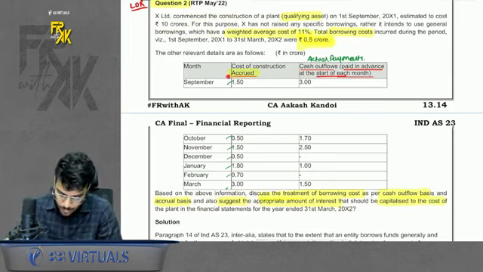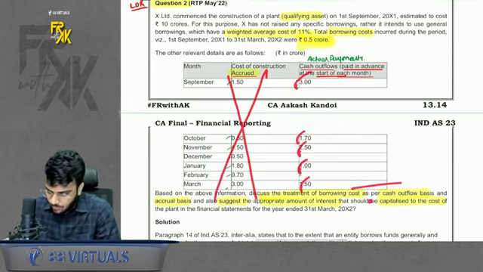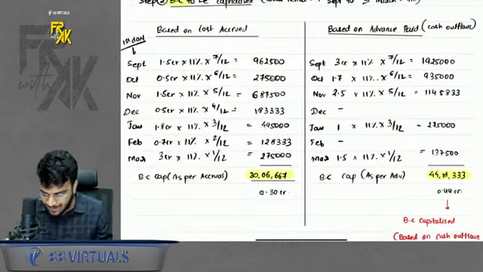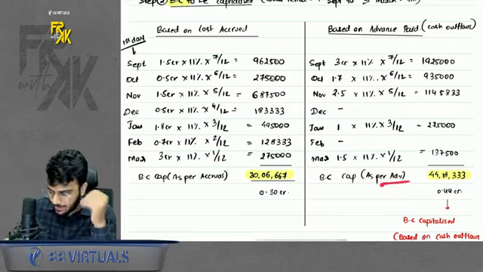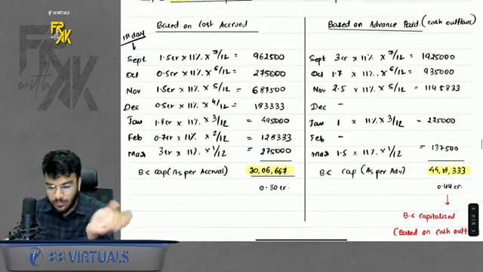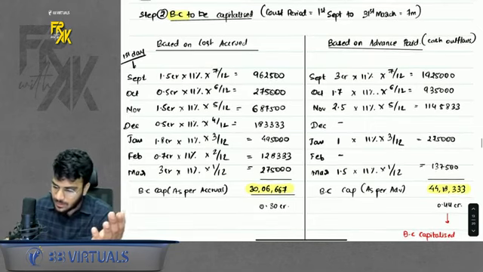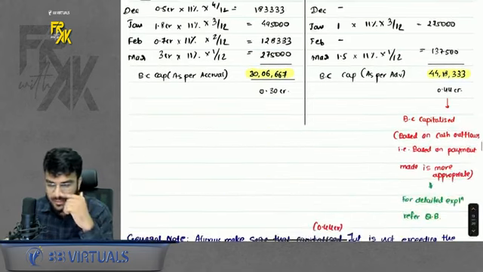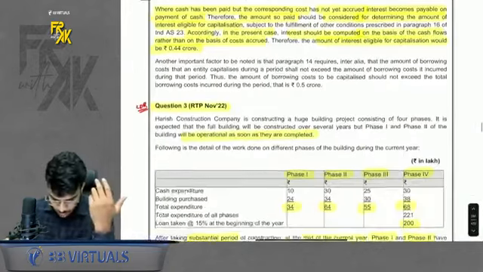If you consider the other column, what will be the borrowing cost capitalized? So we find the borrowing cost to be capitalized as per 2 approaches, as per the cost accrual approach and also as per the advance paid approach. Now which one to consider? The standard says that in borrowing cost, the actual expense incurred is more relevant. So the cash outflow basis borrowing cost is more relevant, they are saying. We have also mentioned the same. Do remember that. So this was question number 2 which we did.